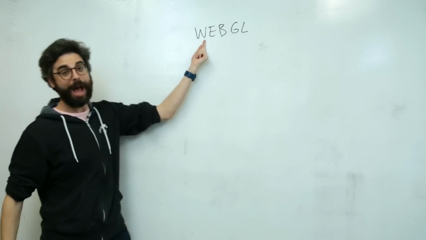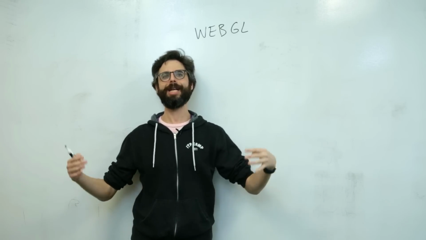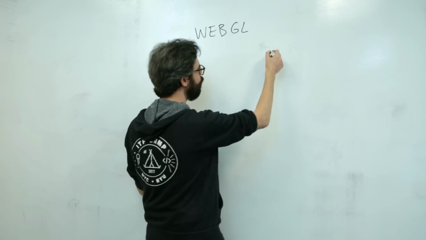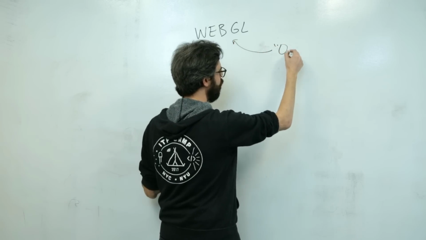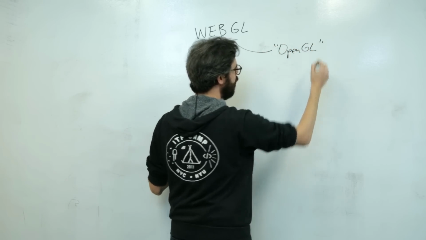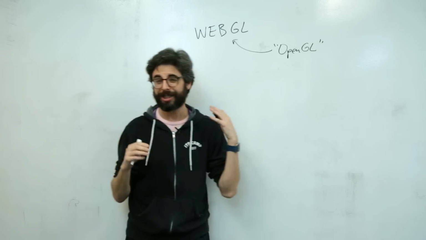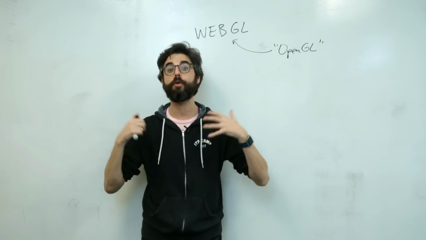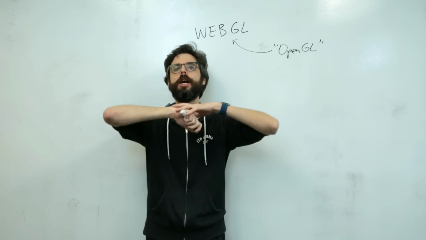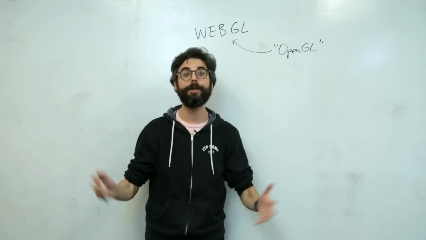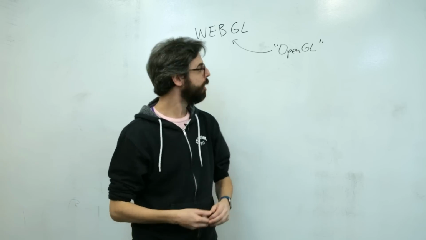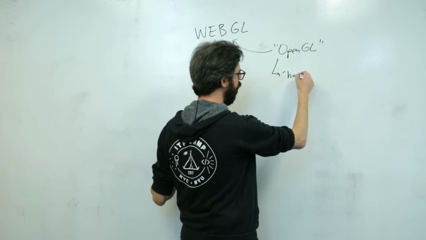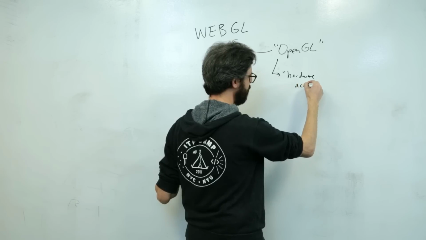WebGL, web, obviously like the World Wide Web. GL stands for graphics library. Now this term comes from another term you might have heard called OpenGL. And OpenGL is an open graphics library. This is a standard, a library for doing computer graphics that exists across many different languages and environments and contexts. One of the key things about OpenGL is the fact that it is hardware accelerated,